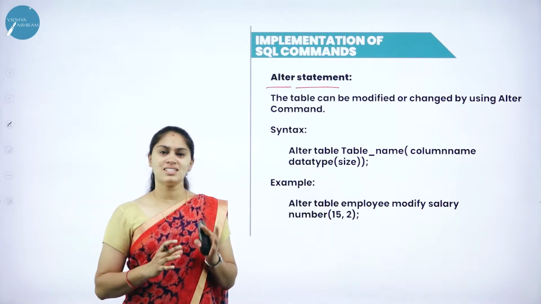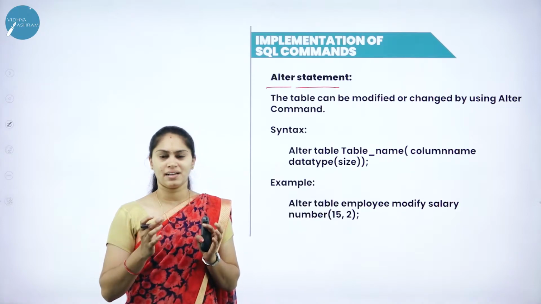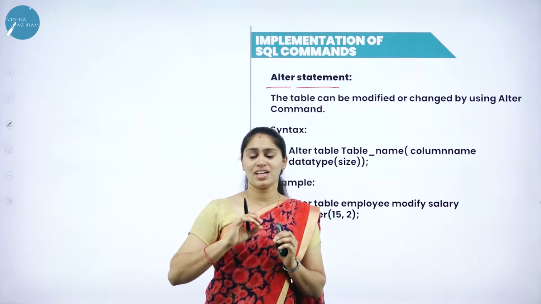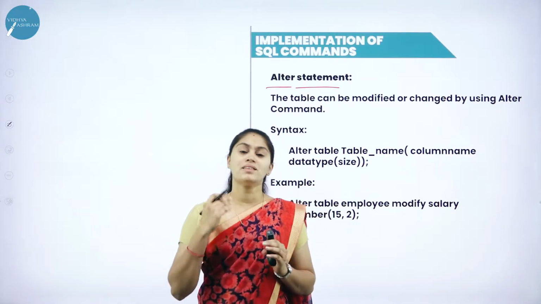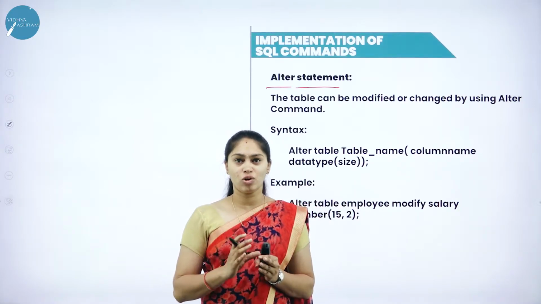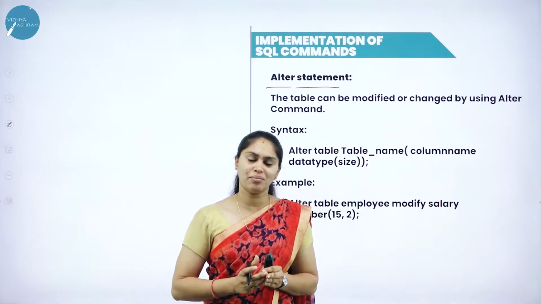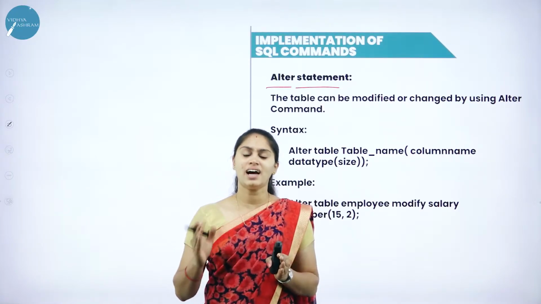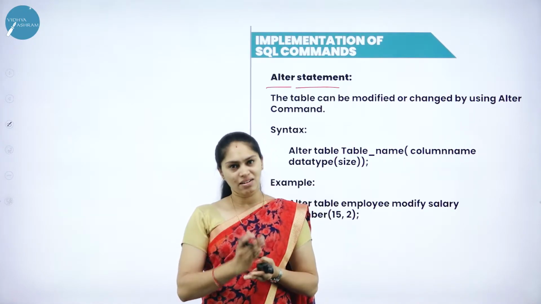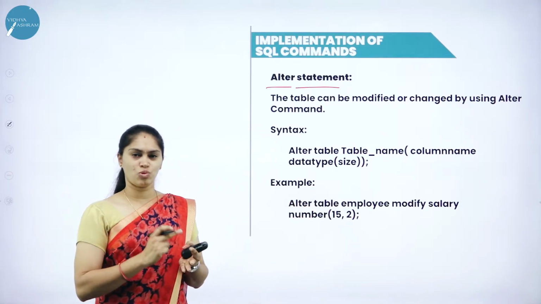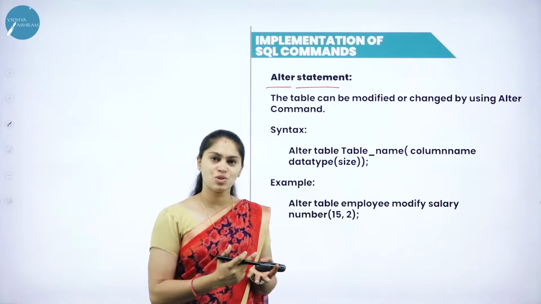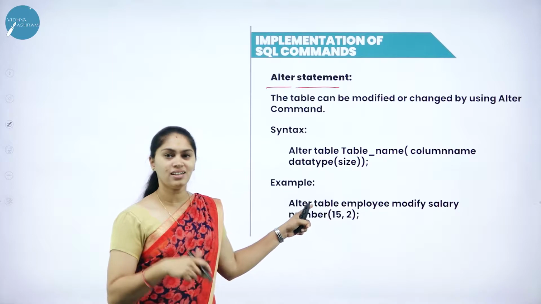So you have to understand the difference between alter and update. If I wanted to change the schema of a table, or if I wanted to change the structure of a table, then I have to go with alter. If I wanted to modify the content of a table, then I have to go with update. That is the difference between alter and update. For example, I have 3 columns in my table called student: student ID, student name and date of birth. If I wanted to add an address, then I have to go with alter instead of